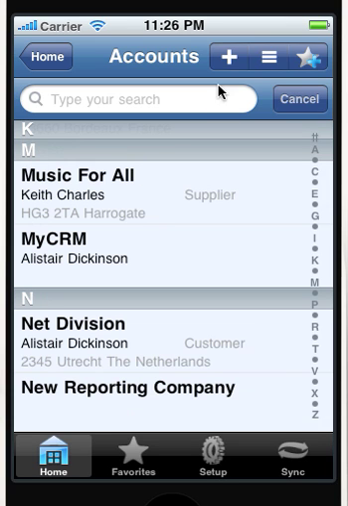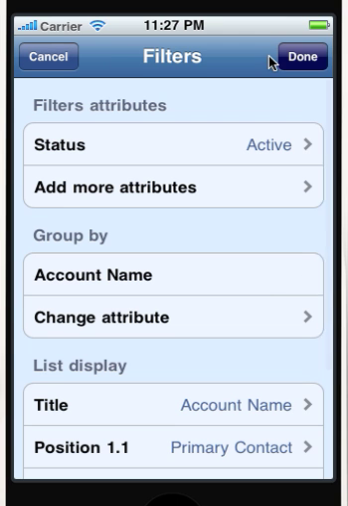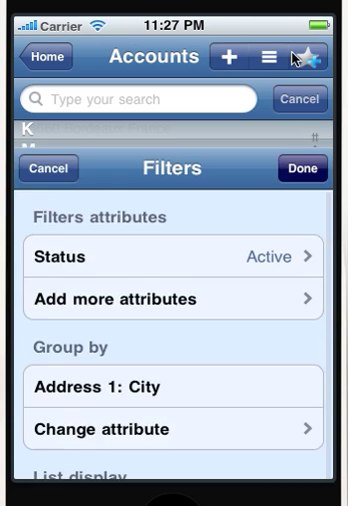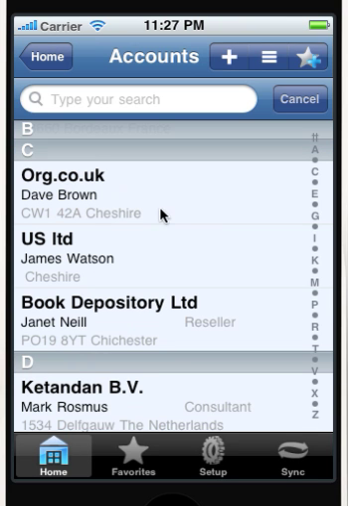Okay, for example, if I would want to change that grouping, because if I'm on the road, I know what city I am in, and I want to group my accounts by city so that I can find the ones that are in the city. This is the new icon, which you haven't seen before in iDcrm. If I tap on that, in the middle here we've got group by, and it's grouped by account name. I can change that attribute, I can put it to city, click on done, and now everything is sorted by